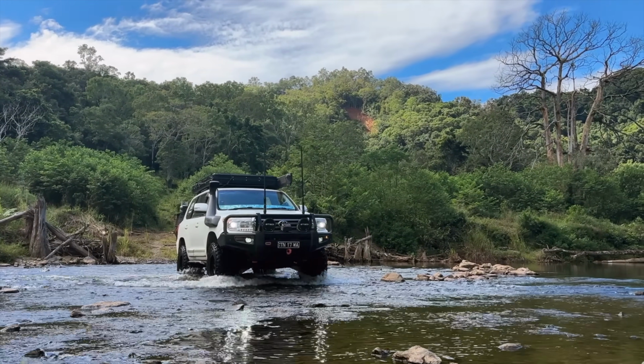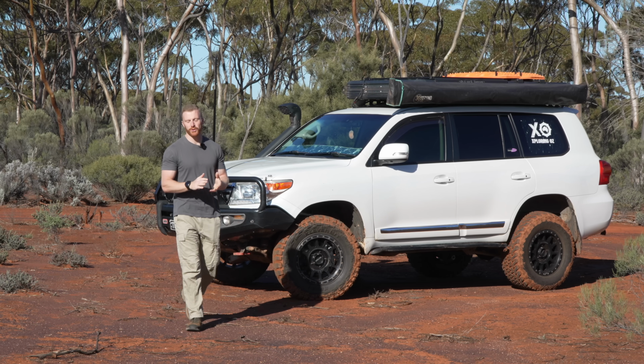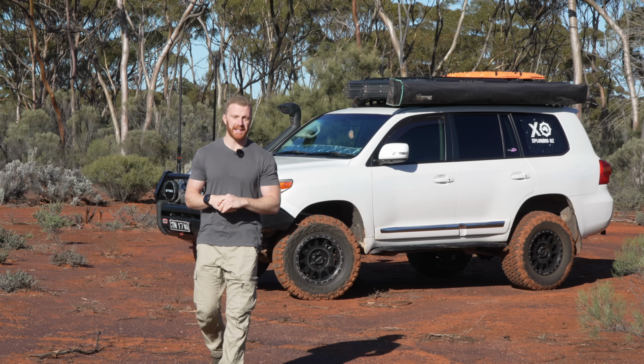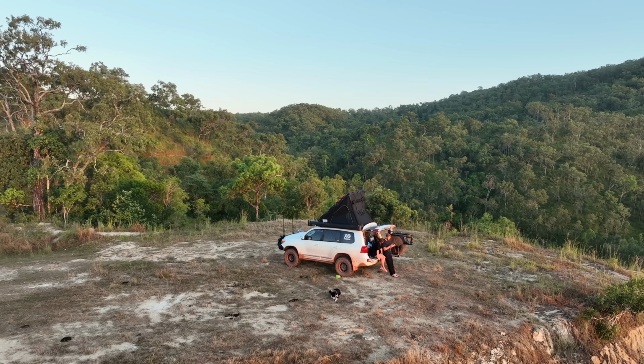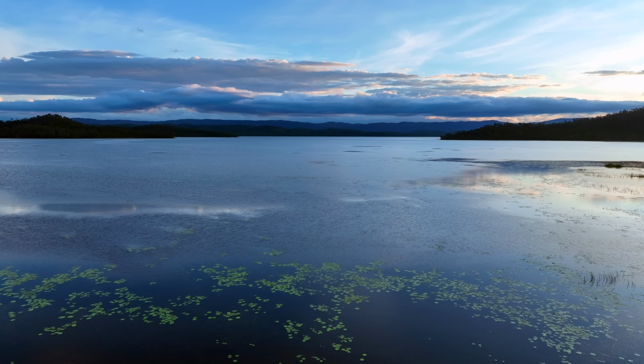So my Land Cruiser has definitely not had an easy life with my ownership. It has travelled around the entire country for the course of the year and travelled to some of the most rugged and remote terrains Australia has to offer. But it's nothing quite like Cape York, with its remote location, spectacular camping, endless waterholes, and of course, hard four-wheel